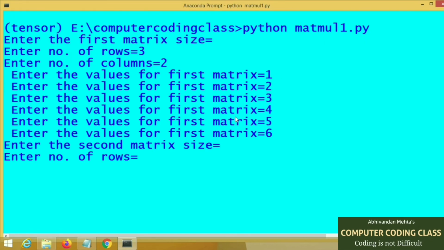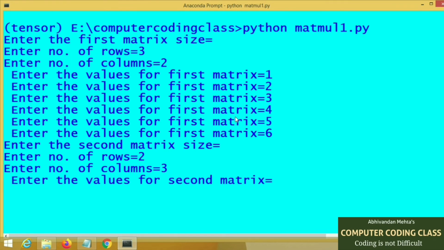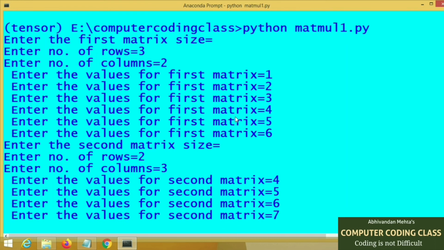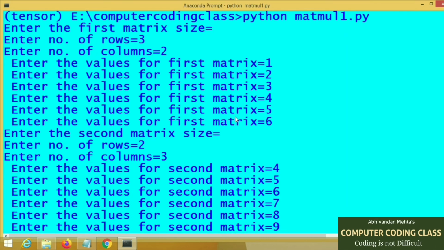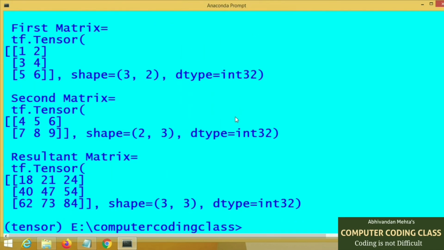Here we are creating a 3 by 2 matrix and the second matrix is 2 by 3. And the resultant matrix is a 3 by 3 square matrix.